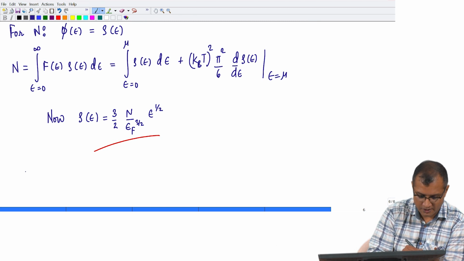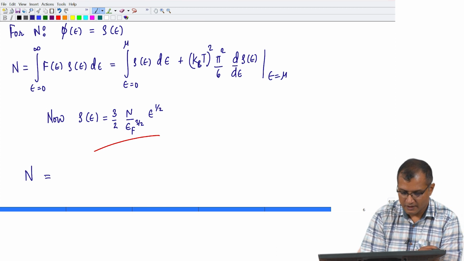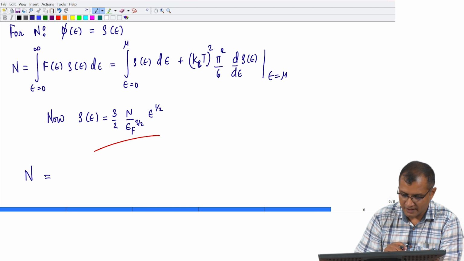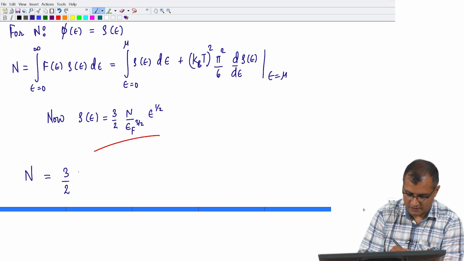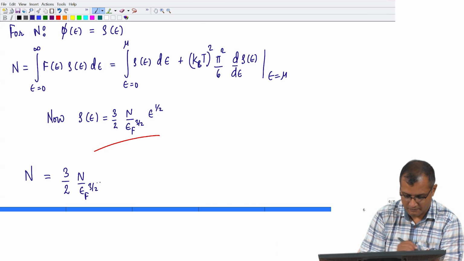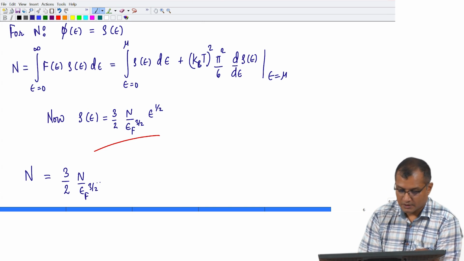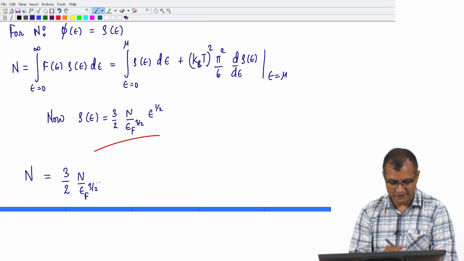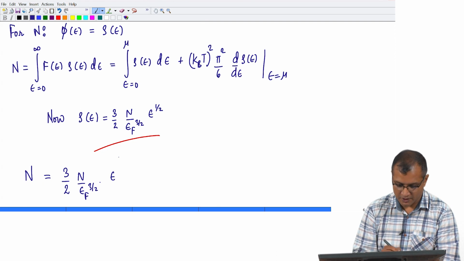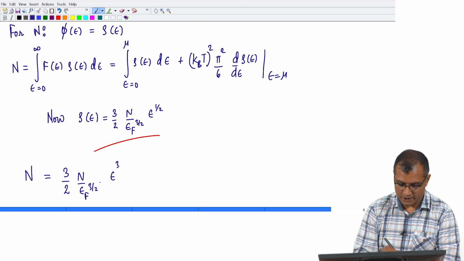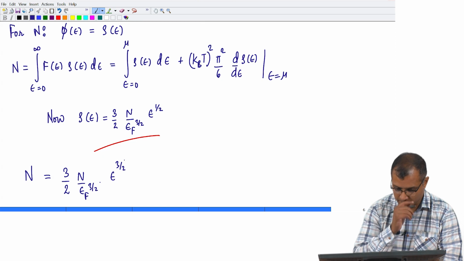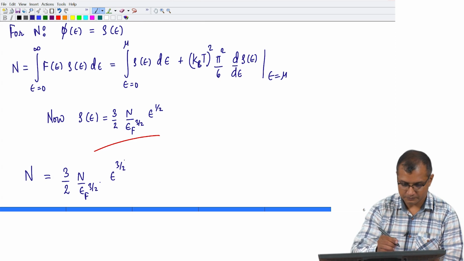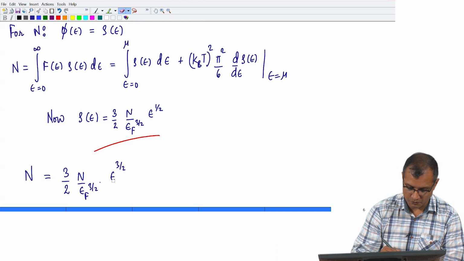The left hand side is n, and if you look at the right hand side, I can take a couple of constant prefactors outside, into the integral of square root of E, that will give me nothing but E raised to 3 by 2, but in the limits mu and 0 this will simply become mu